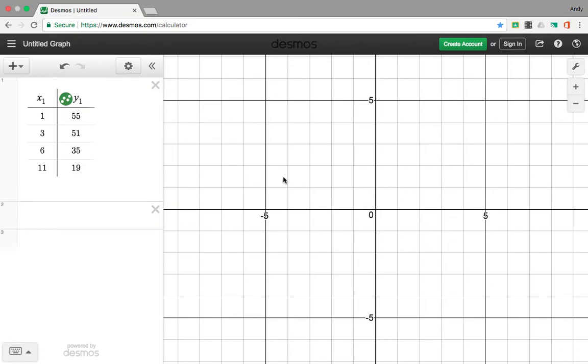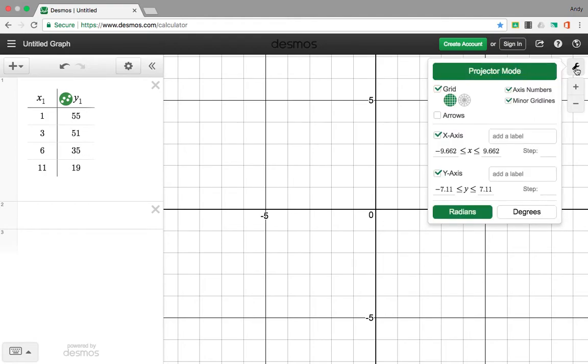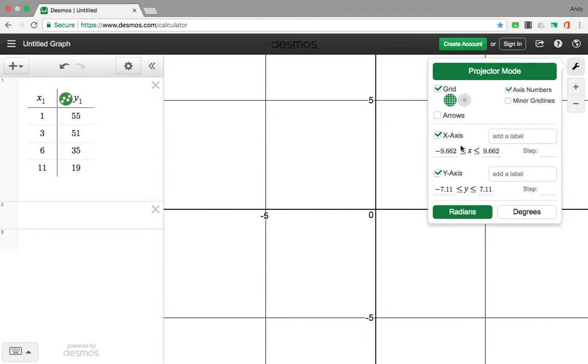Now, since I'm on the standard window, I can't see my data, so I'm going to go over in the upper right, the graph settings to the wrench, and fix my window. I'm going to turn on projector mode, which gives me bigger lines and points. I'm going to turn off the minor grid lines, and my x-axis, I'm going to call it time in hours,